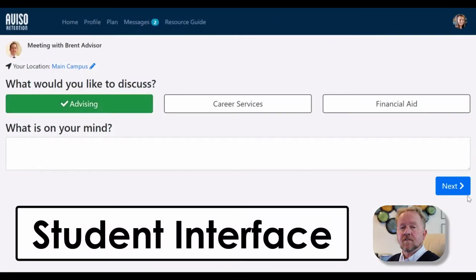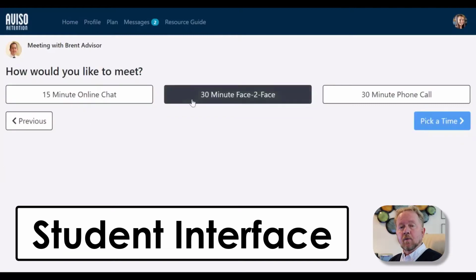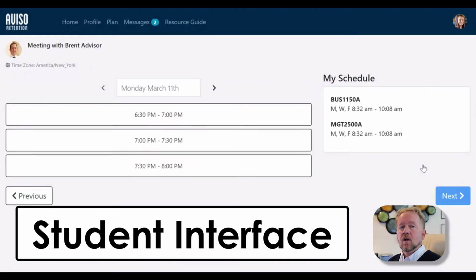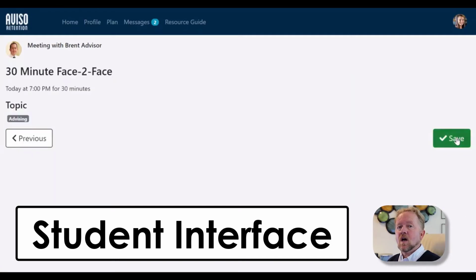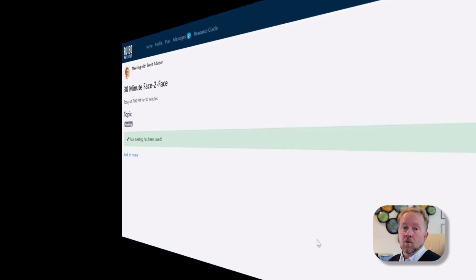With that said, when a student goes there, what they're going to do is they will go to their Avizo interface, and then from there they will be able to schedule a meeting with the instructor. So they'll just click this meeting, they'll get the information that they need so they can schedule with you. That sets up what I'm going to show you and set up your Avizo on your side.